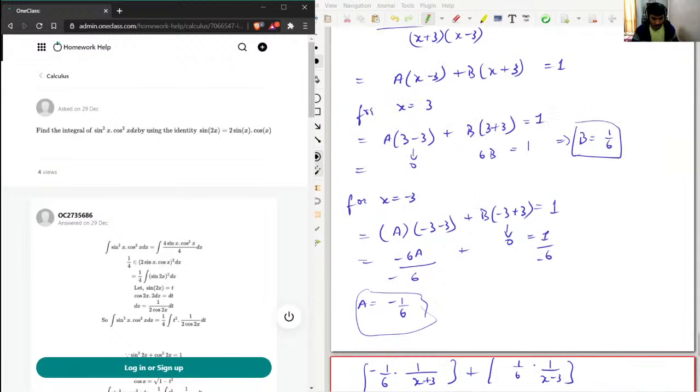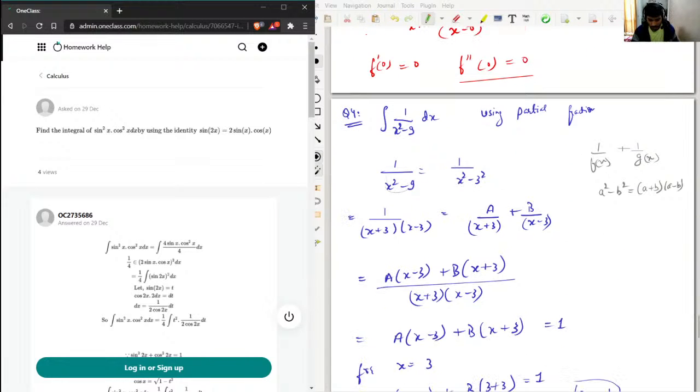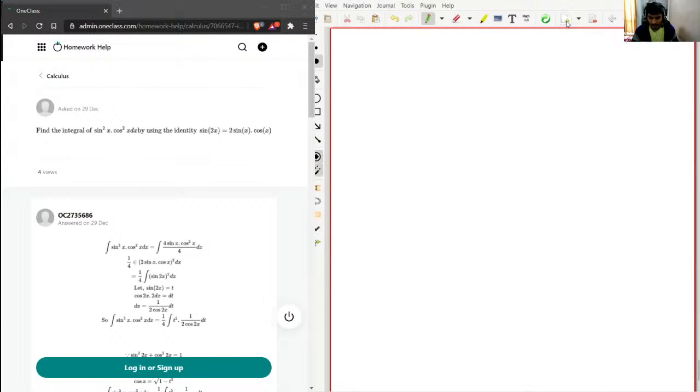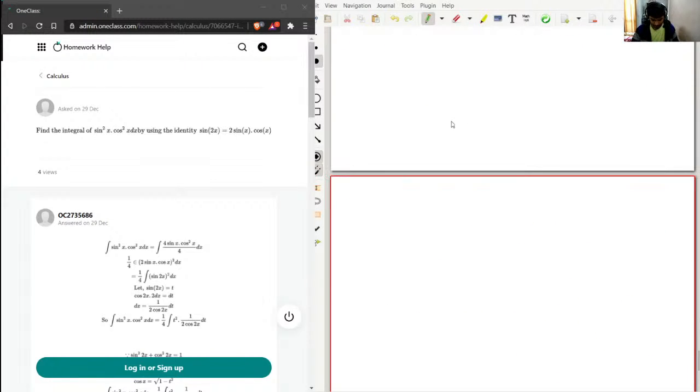So this is going to be question number, oh god, fourth was very lengthy. This is going to be question number 5. Question number 5. So it is asking that we need to find the integral of sine square x cosine square x dx by using the identity sine 2x equal to 2 sine x cosine x. So we need to find